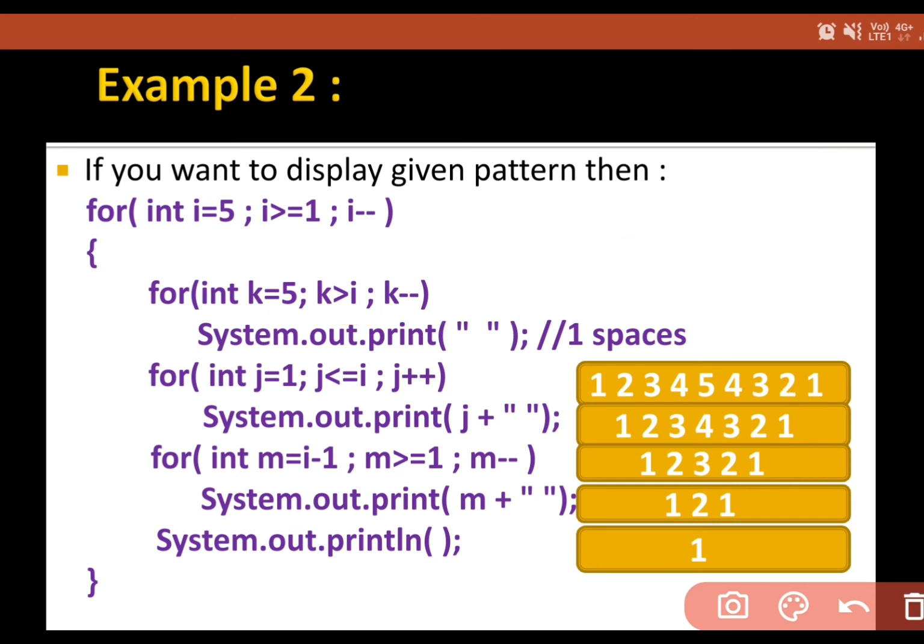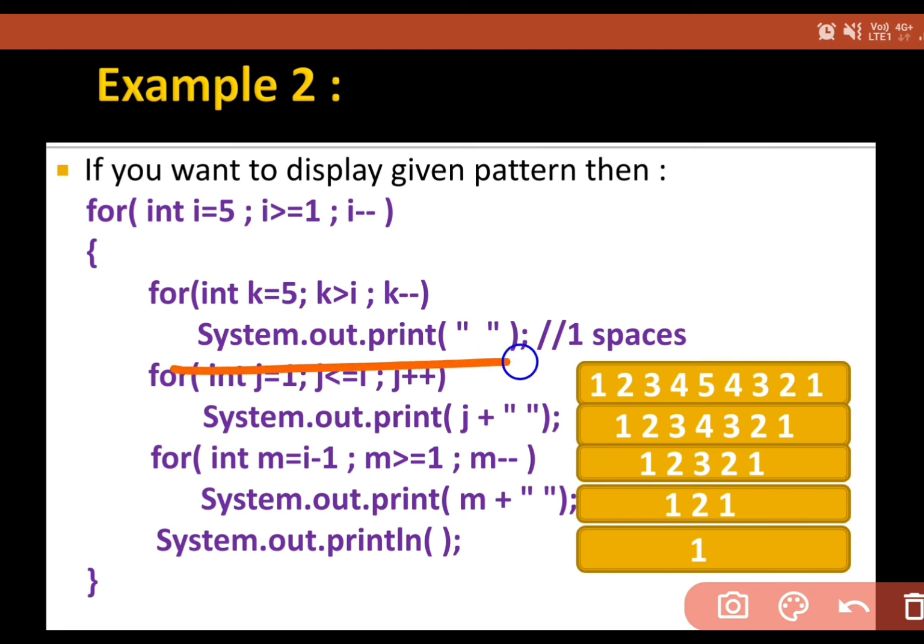You can put any of the variables. I'm trying just to keep things related with I. That's why I'm writing I here also, here also. I'm just trying to relate things with rows. I don't want to create more variables. I just want to create a limited amount of variables. That's why I'm relating each and everything with each other. You can have your variables, you can have your counting also, but just keep in mind what I'm telling you